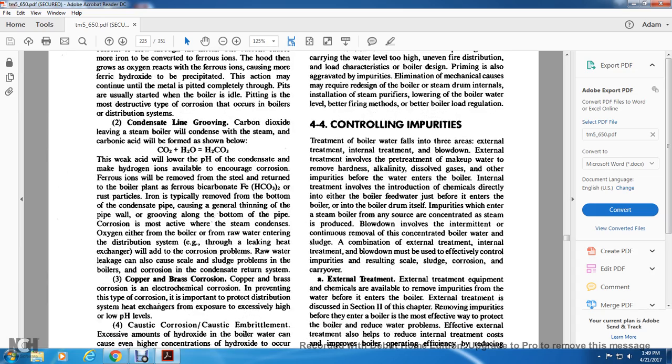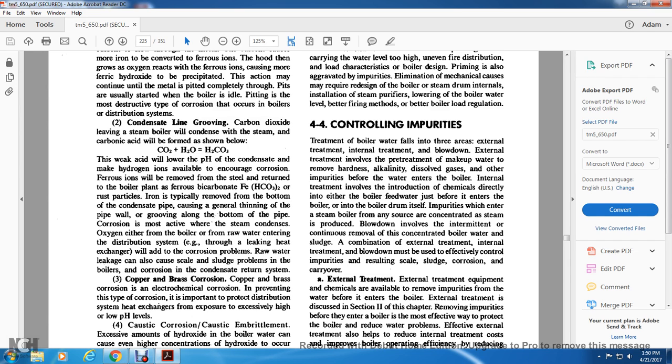Two, condensate line grooving. Carbon dioxide leaving the steam boiler condenses with the steam, and carbonic acid is formed as shown below: carbon dioxide and water make carbonic acid. The weak acid will lower the pH of the condensate, making hydrogen ions available to encourage corrosion. Ferrous ions will be removed from the steel and return to the boiler, as ferrous bicarbonate,